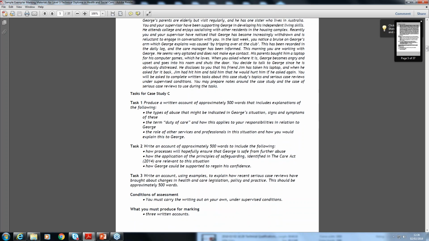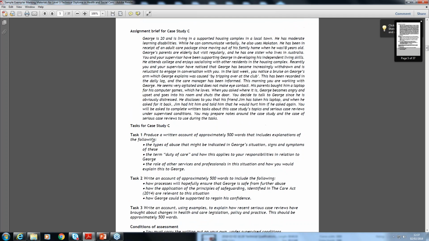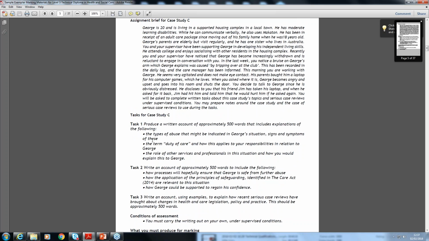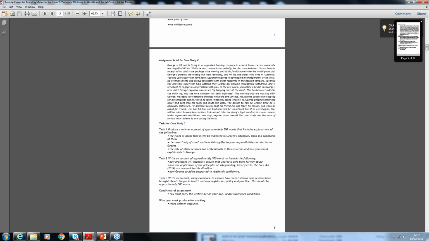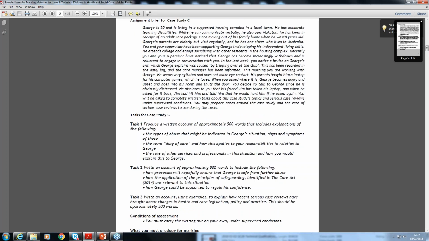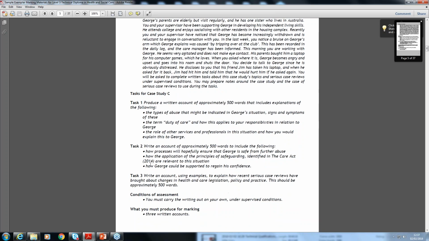And for each case study, they generally produced evidence for 2 to 3 tasks, and they were clearly informed what they needed to complete, whether it was a written report or a plan of care or whatever. So for assignment 1, they had to complete 1 written account and 1 report. For assignment 2, a diagram, a plan of care, and a written account. And for assignment 3, 3 written accounts. We won't go through those case studies in detail, because you will all have had them and gone through them for your standardisation activity.